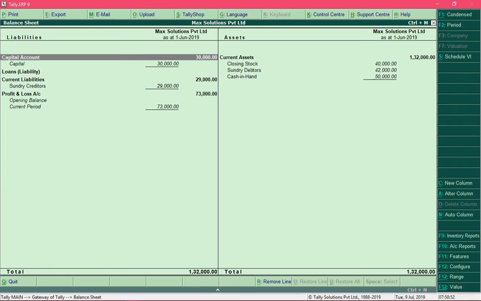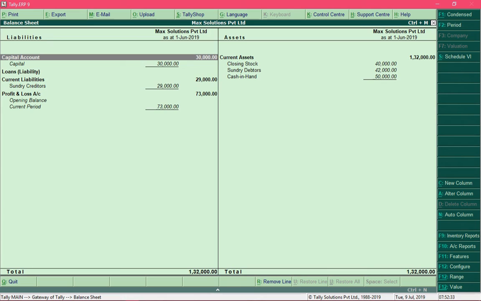After that, you would be able to see the closing stock information. Now to record the day-to-day transactions, I am going to use the same company. I want you to remember this information in the balance sheet report and in the profit and loss statement, because as and when I record the entries, that information will be updated.